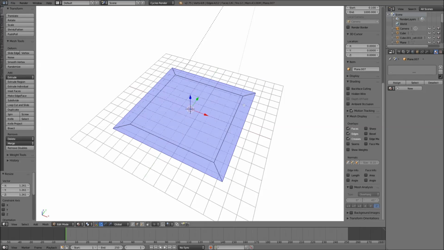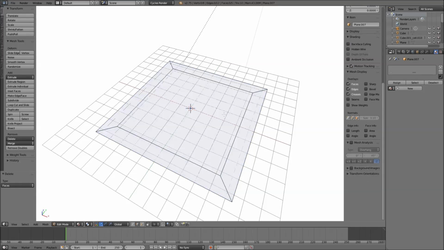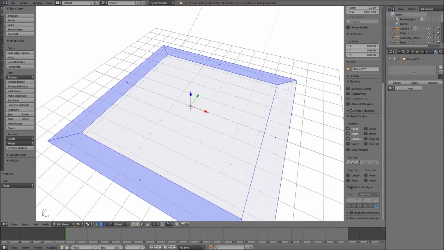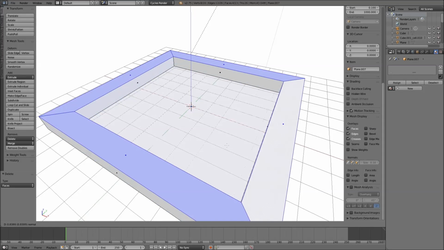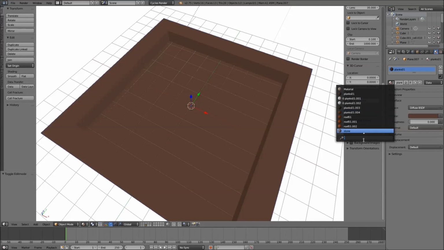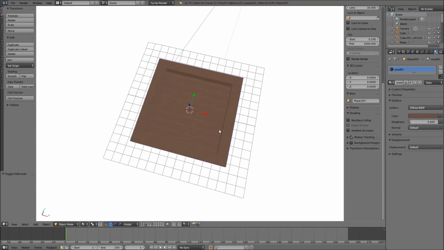Gonna scale everything, extrude it, remove the face, extrude the outer part, and then assign a darker kind of, no, this kind of material. Okay,